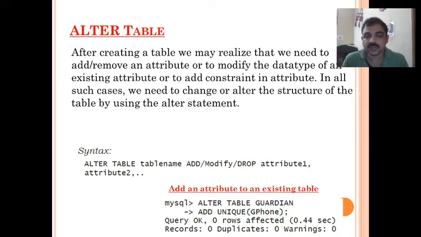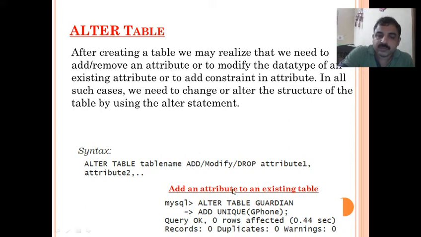You can add a column, modify a column, or delete a column. All these can be done with the help of the alter table command. The syntax is alter table, table name, then use the keyword add, modify or drop, then specify the attributes.